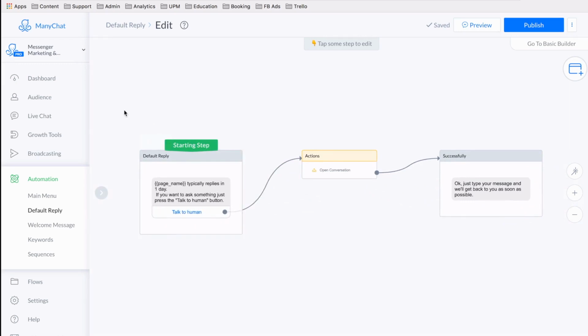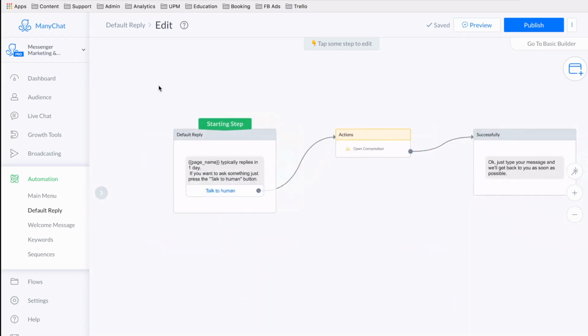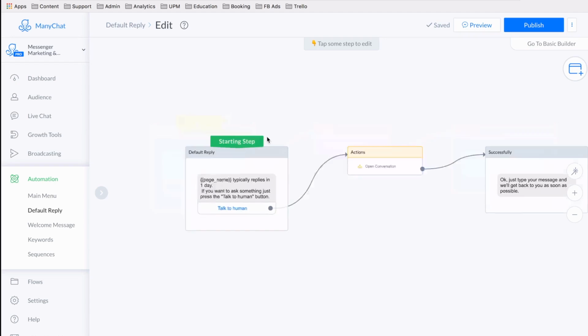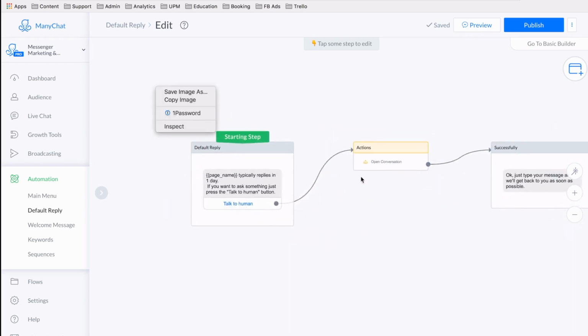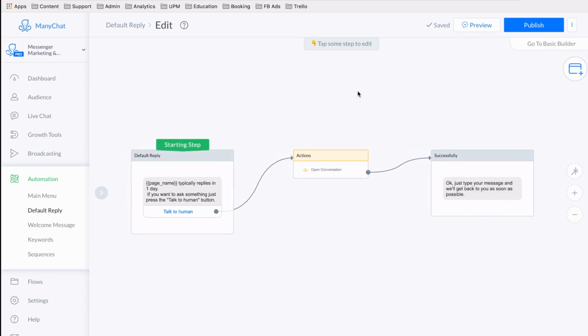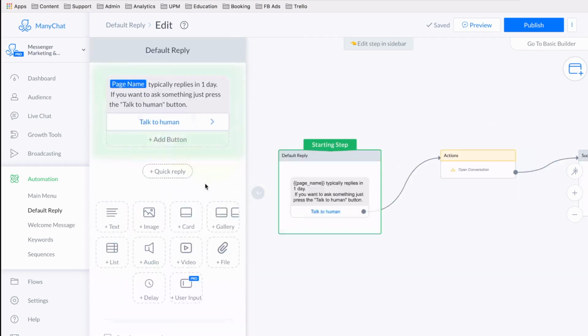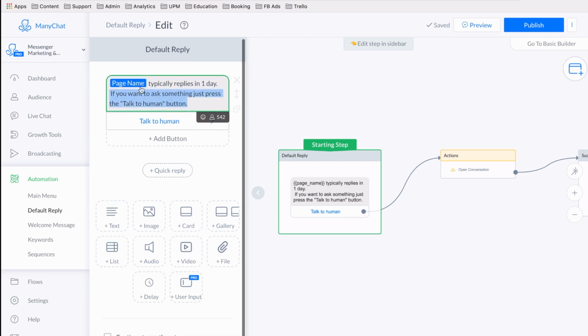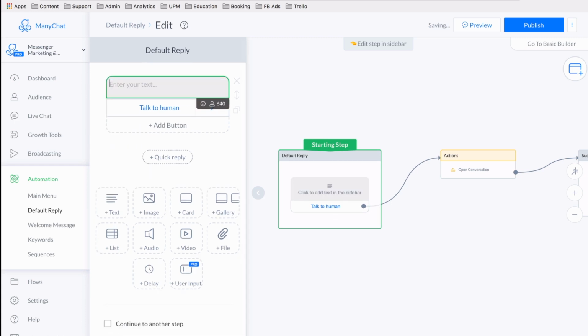And this default reply that you see right here is in every account, and I'm just clicking around, experimenting with buttons that do things because I'm a tinkerer. So starting step. This is what people are going to get when the bot doesn't understand what they're talking about. So let's just set some expectations. All right, let's take this generic copy out and let's just say,